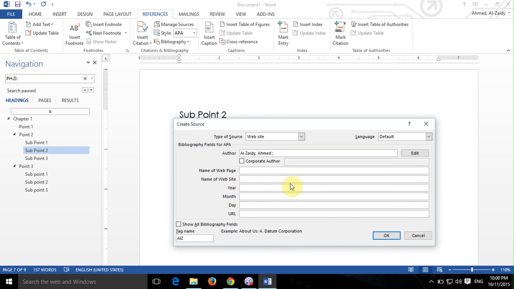Page name, this is About, because this is the About page. Then website name, this is the website name. Year, the year I will put. When you need to put when it was published, a year, you need to put the day, but because we are doing just this lecture and it's not included in my website when I did it, I'm putting today's